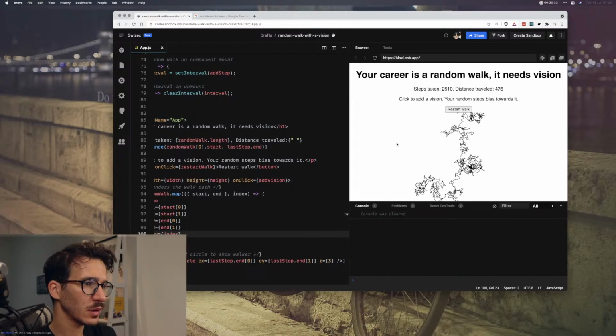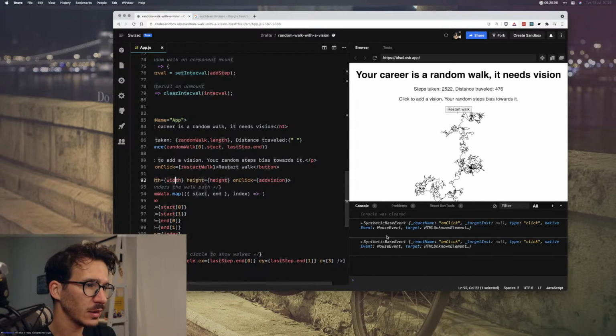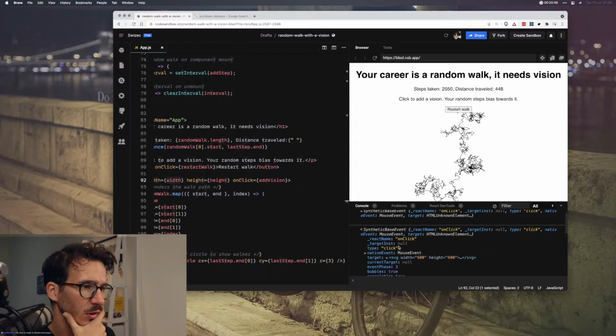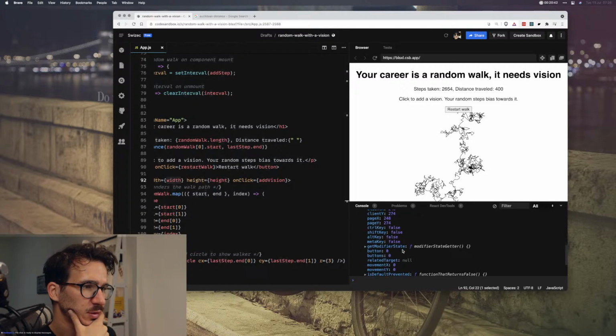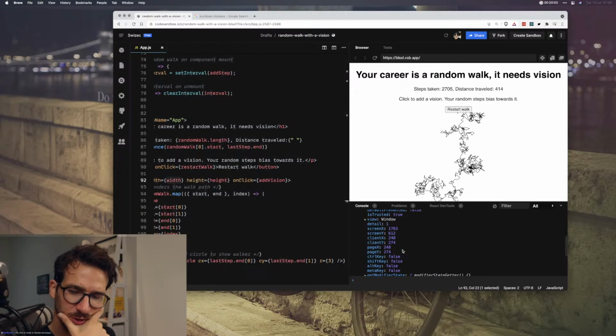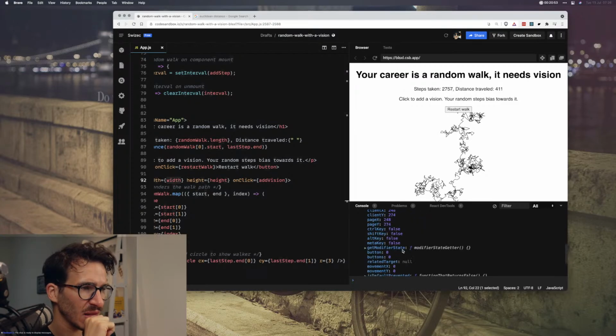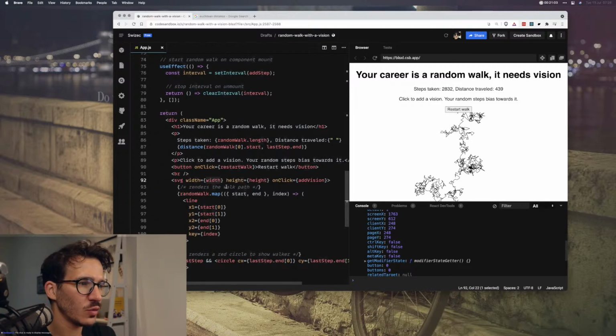Clear, click, no. Aha, synthetic base event: on click, type, target, bubbles, view, screen X, screen Y, client X, page X. Oh yeah, that's why. That's why this sucks. Right, I think we can do page X and page Y.